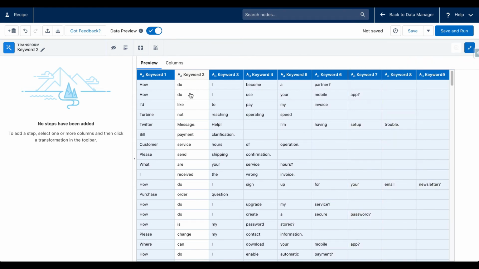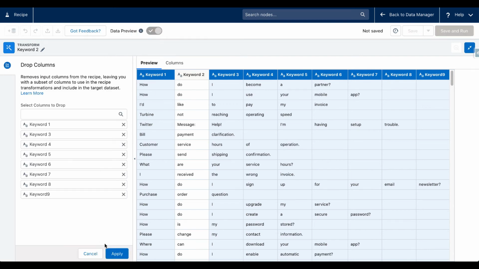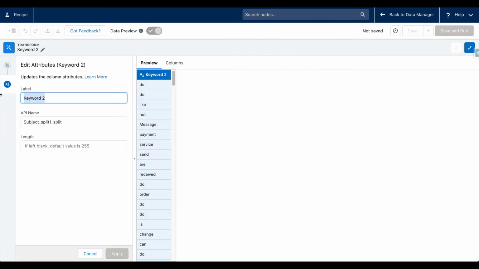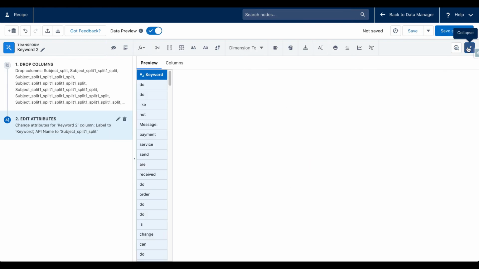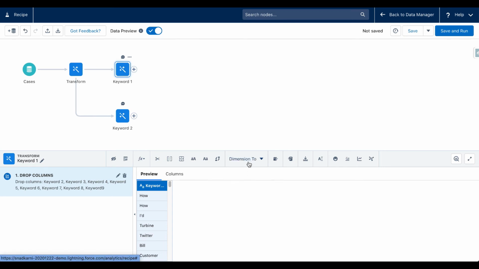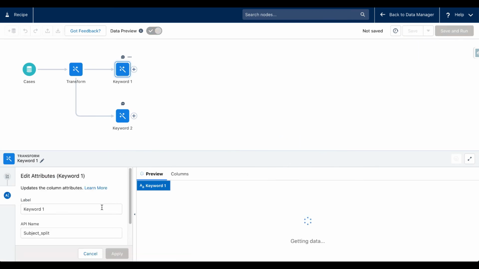So I'm just keeping keyword 2 here and then dropping everything else. And one step that we forgot as part of the keyword 1 transform node is let's also rename this. So I'm going to call it, let's just say, keyword, apply, and I'm going to do the same thing here. Keyword,